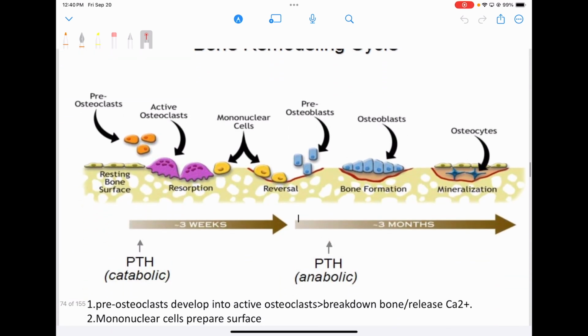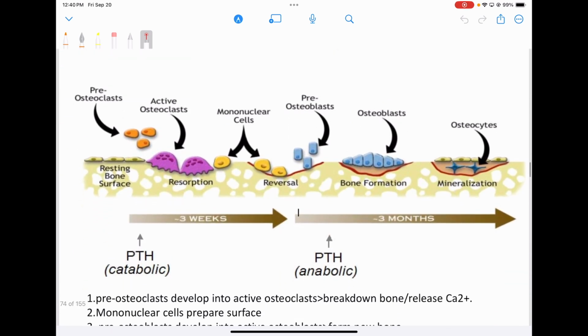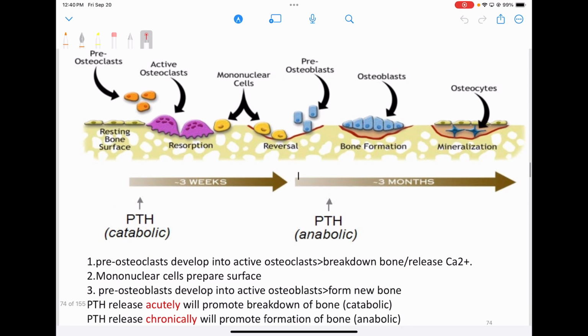So, bone remodeling phases. PTH is going to be present here. Okay. What is the job of PTH, parathyroid hormone? Breaking down the bone. So the purpose of PTH is when you have low calcium in the blood, hypocalcemia, PTH comes out and gets the bone to break down so that we can reabsorb all that calcium and get it back into the bloodstream. However, if this process keeps going, and we have chronically low calcium,